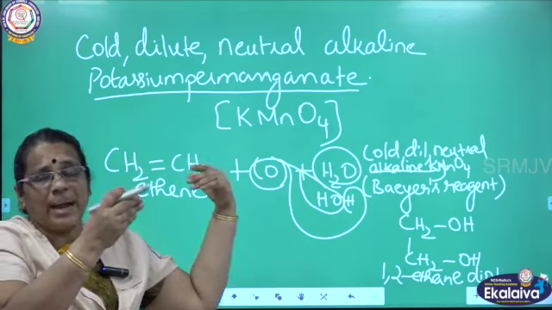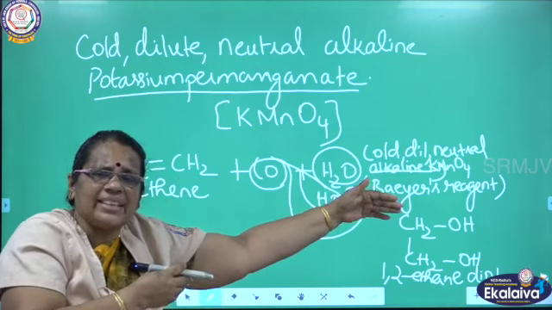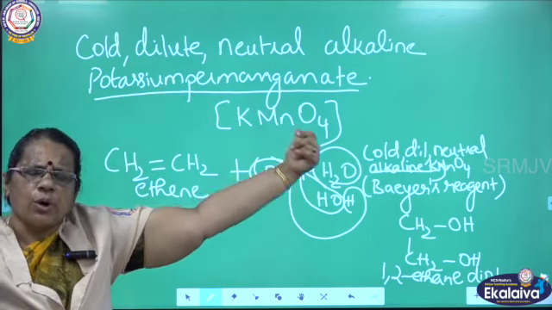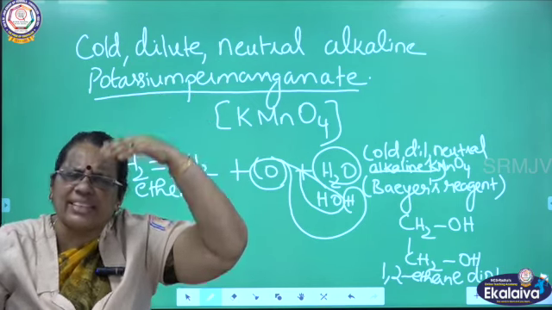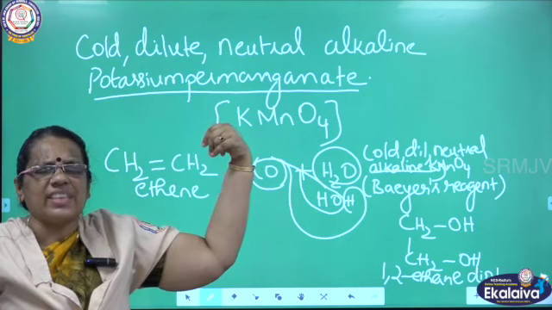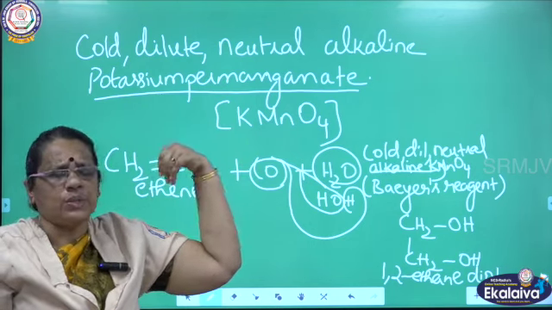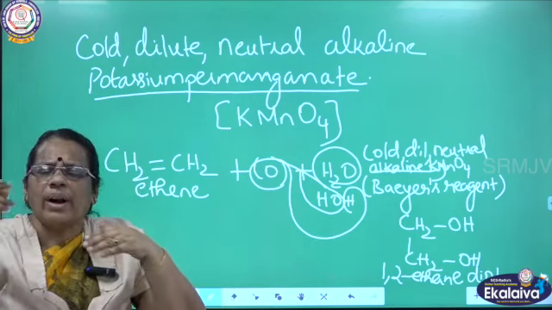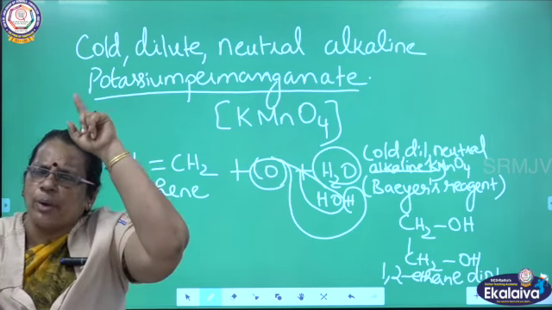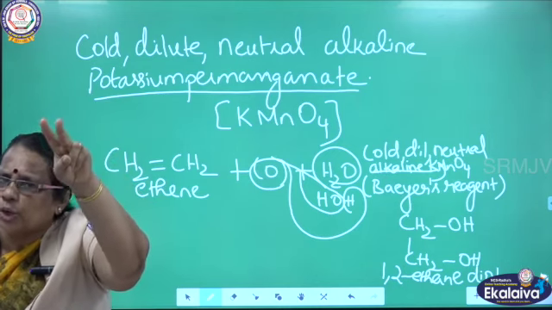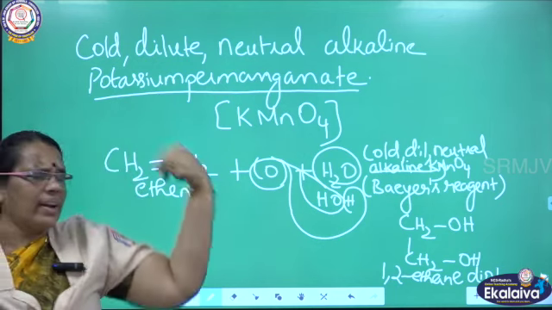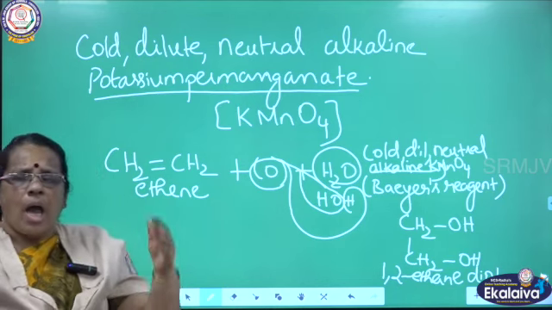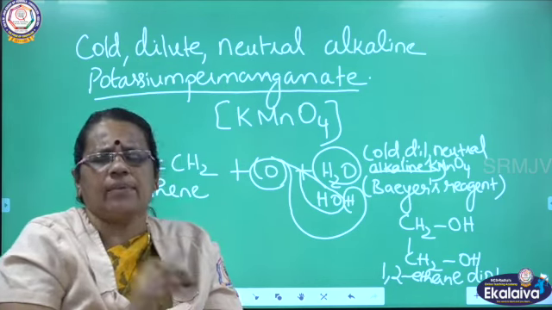So here I am adding water and oxygen. This is an oxidation reaction. I am adding oxygen. In the presence of Bayer's reagent, I am getting two hydroxy groups. I am going to bring it inside. So both the hydroxy groups are attached to adjacent carbons. So we can call it vicinal diols, is it not? So here 1,2 OH groups are attached. So who is the parent here? Ethane. What is the IUPAC ending for alcohol? OL. There are two OH groups, diol. So what is the name of the compound? 1,2 ethane diol. So up to this I have completed the oxidation reaction.